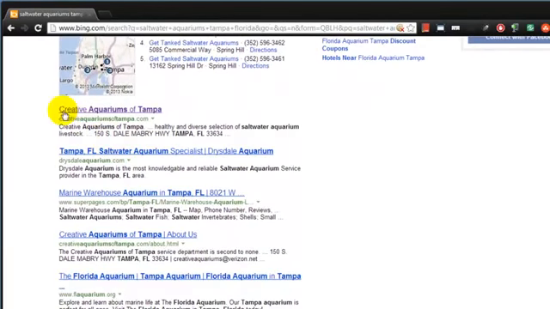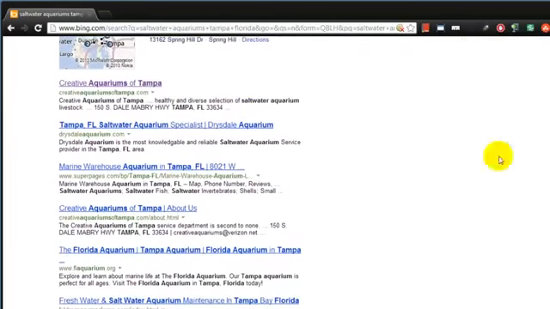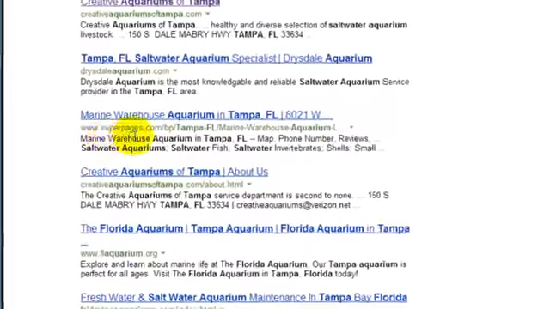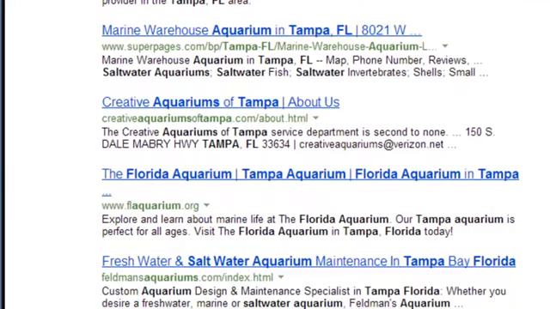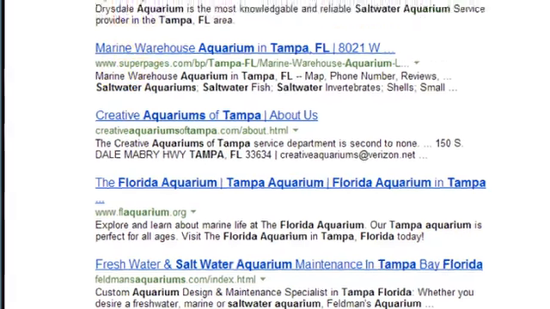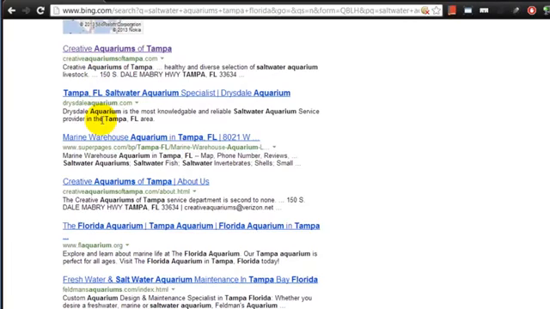And there's a couple businesses. I've already clicked on this one, Creative Aquariums of Tampa, and we'll check them out in just a second. There's another one on here, Drysdale, and then we get a generic one, Super Pages, which often happens if you see something like Super Pages, Yellow Pages. It means the site is certainly not developed enough, and generic Yellow Pages websites are getting better traffic or more attention. But it looks like these two businesses stand out the most, Creative Aquariums, Drysdale Aquariums,